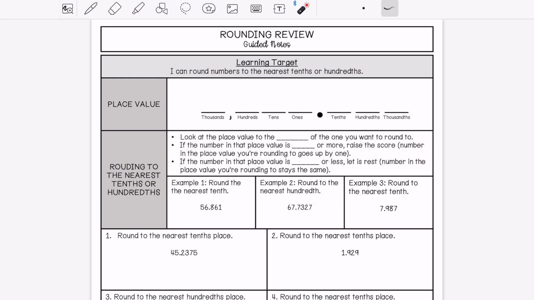So often we are asked to round to the nearest tenth or hundredths,